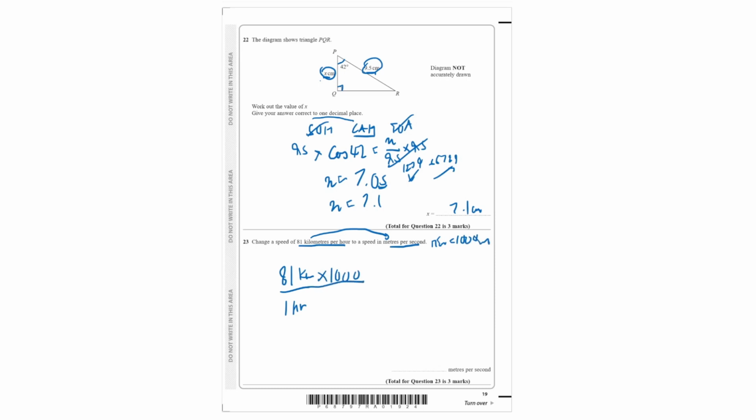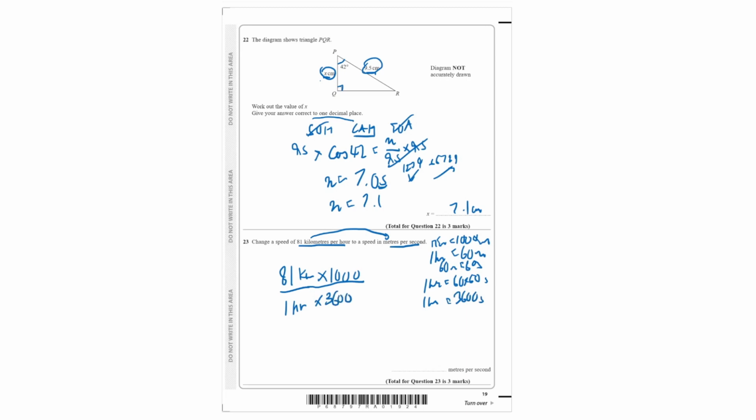Now, for hours, we know that 1 hour is equivalent to 60 minutes, which is equivalent to 60 seconds. So what that means is 1 hour is equal to 60 times 60 seconds, or 1 hour is equivalent to 3,600 seconds. So we simply multiply this by